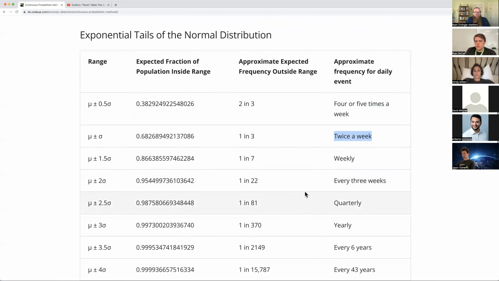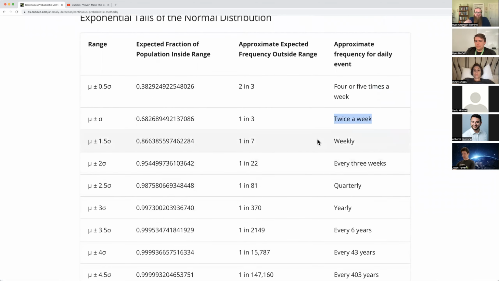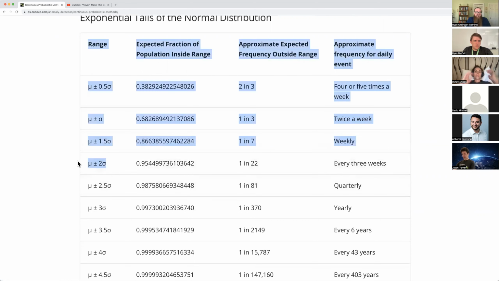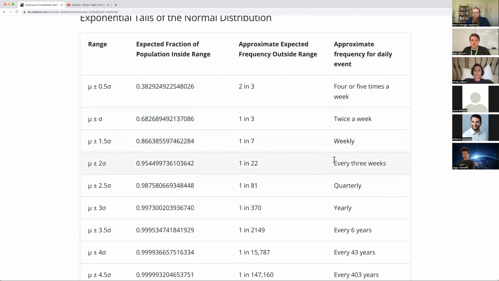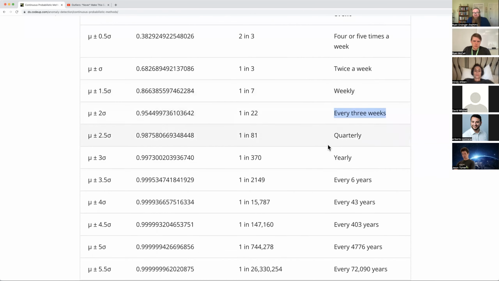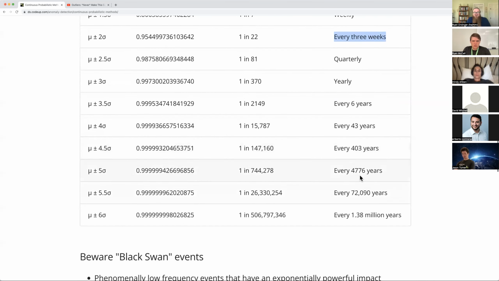And as we get farther and farther away, the extreme observations of 2 sigma, plus or minus 2 standard deviations away, we might expect to happen at least once every 3 weeks. And again, this is assuming normality: as we get more and more standard deviations away from the mean of where the normal thing is happening one time a day, if we're 6 standard deviations away from the mean on an observation, that's every 1.38 million years. So